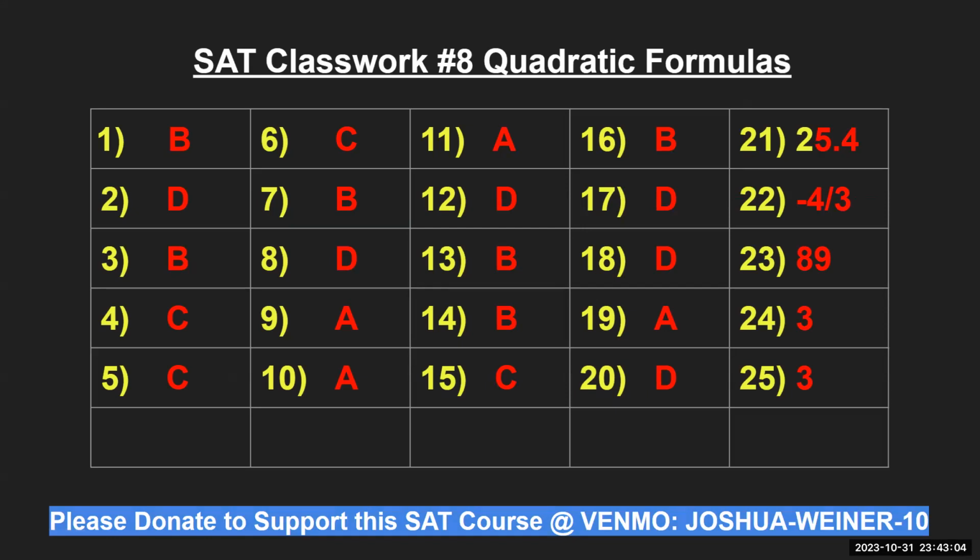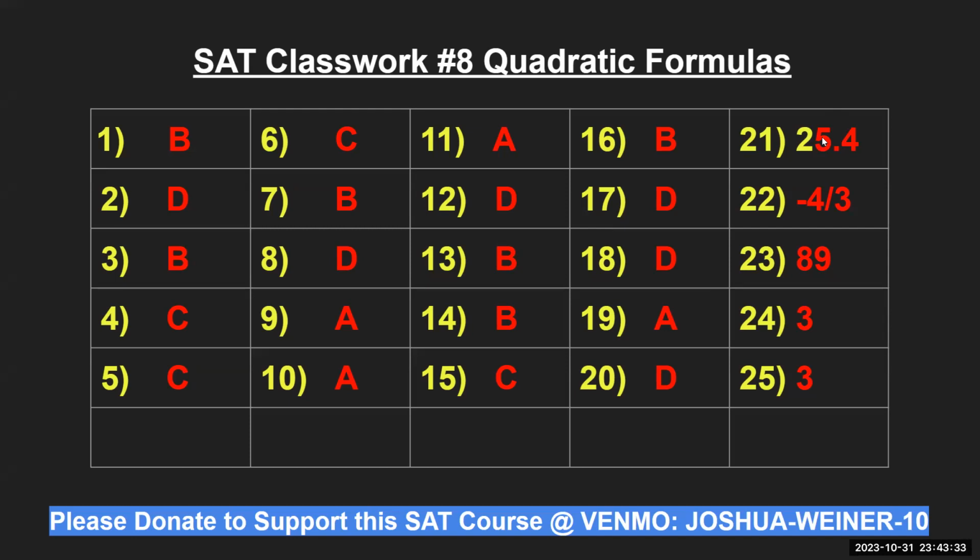was C, 5 was C, 6 was C, 7 was B, 8 was D, 9 was A, and 10 was A. 11 was A, 12 was D, 13 was B, 14 was B, 15 was C. 16 was B, 17 was D, 18 was D, 19 was A, 20 was D, 21 was